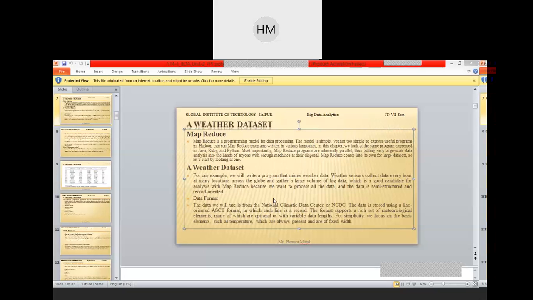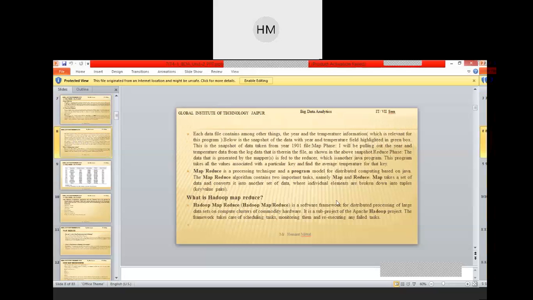For simplicity, we focus on the basic element, such as temperature, across the last 5 years of data sets, including maximum temperatures.